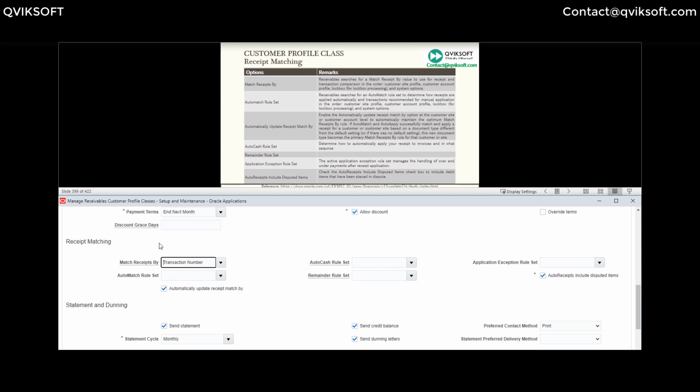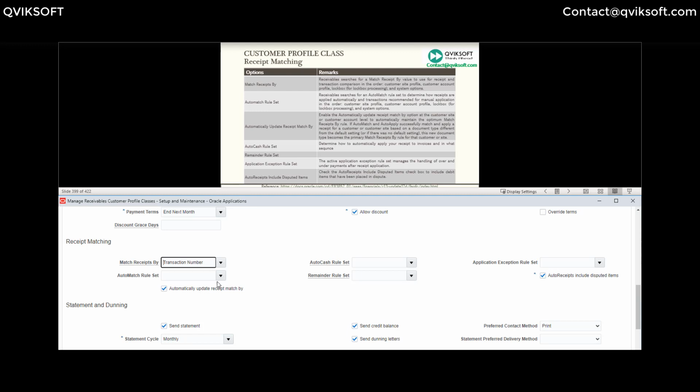What does the auto match rule do? Basically, based on the data given in your receipt processing, when you are importing receipts, it will look at the parameter given for receipt matching, and based on the rules defined in auto match, which is a definition screen we will cover later, it will try to recommend the invoice which can be applied against this receipt. It looks at various parameters of the customer, due amount, and what number you're trying to match.